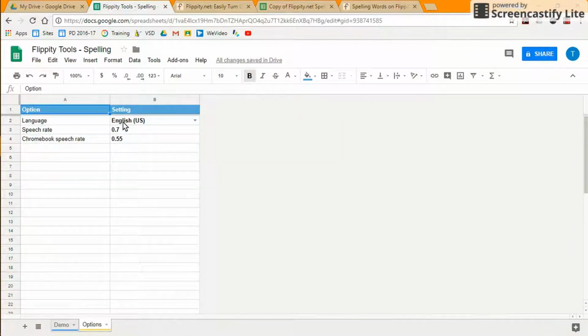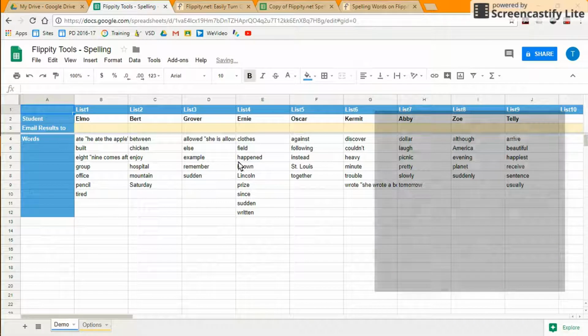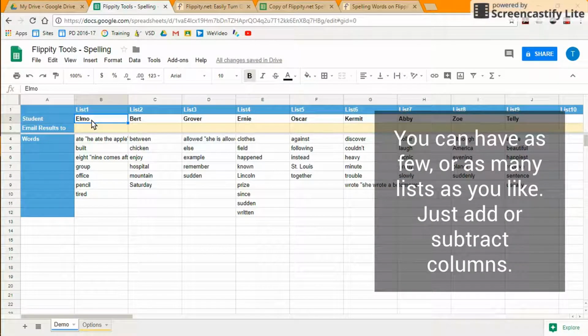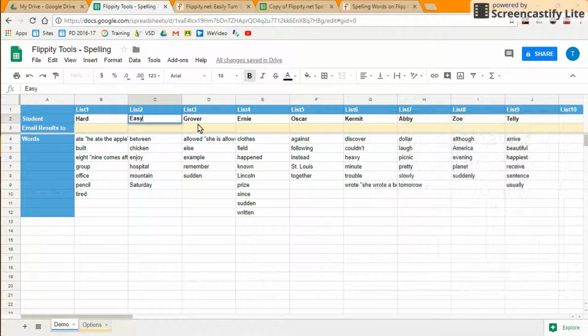It does again have the Options tab. All the words are there. Again, I will change that one. And to get back to that URL that creates your spelling test website,